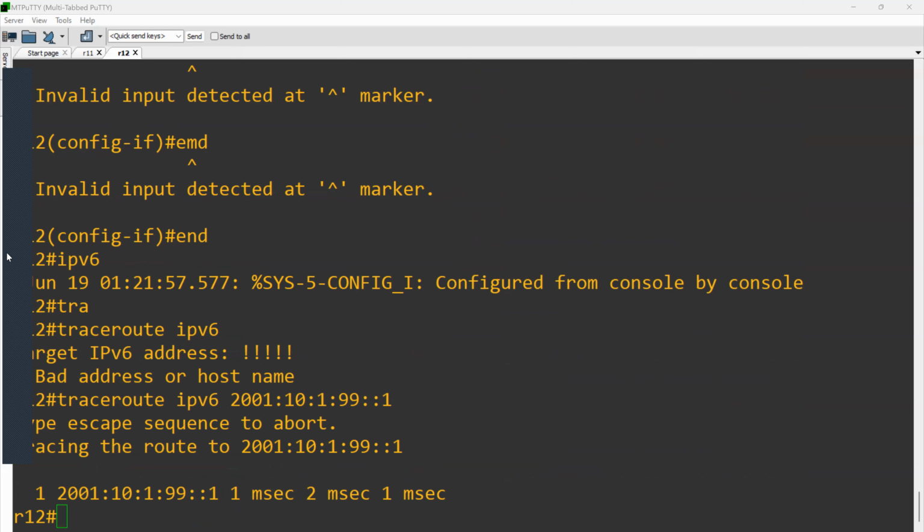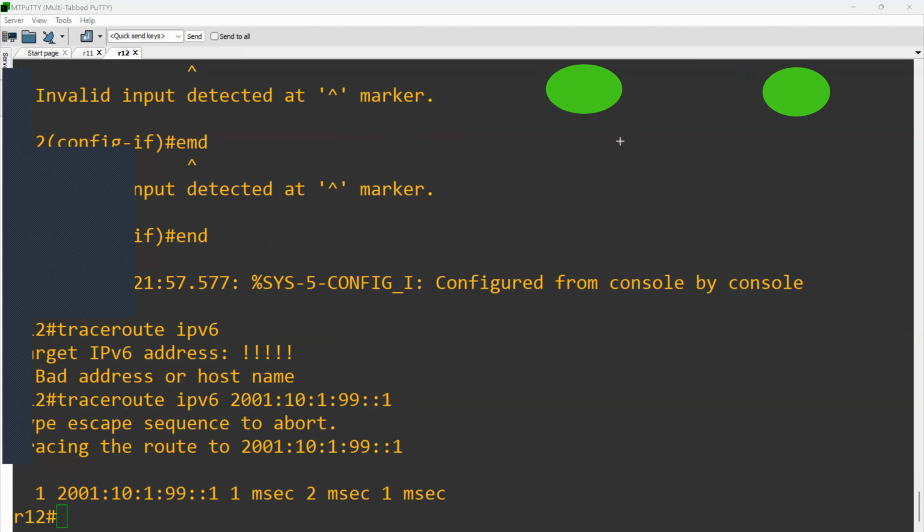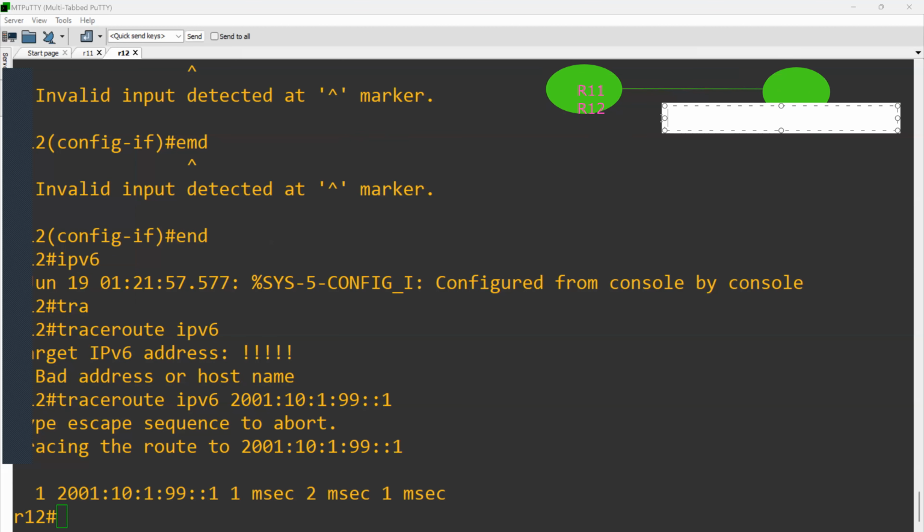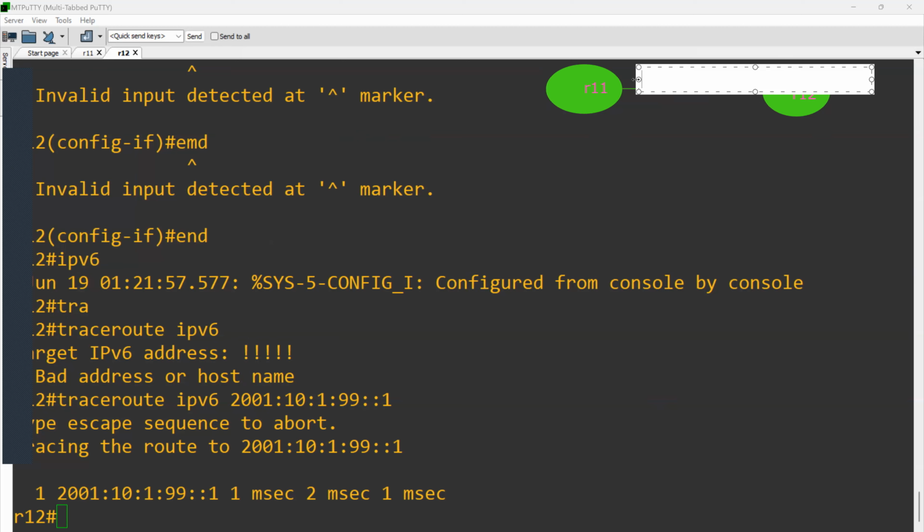See, we have one small lab topology that we have router 11 and router 12, and they are connected over the interface E0/1, right? And on these interfaces, we have assigned the IPv6 address such as